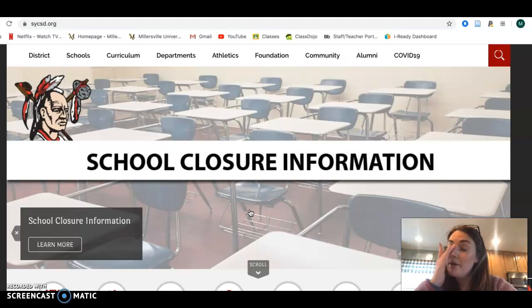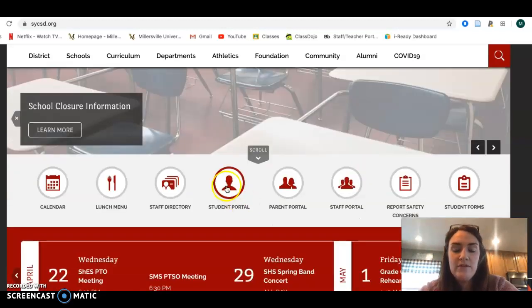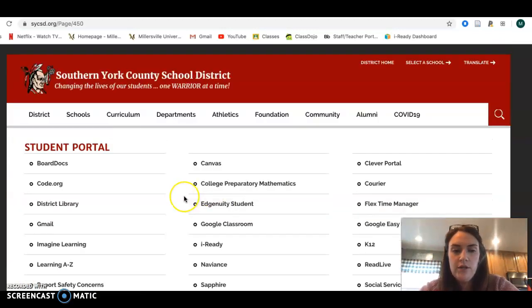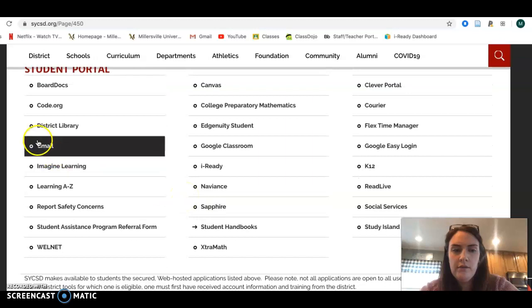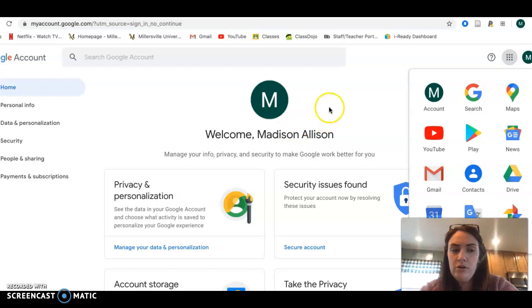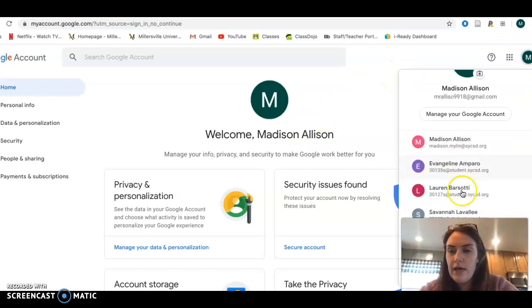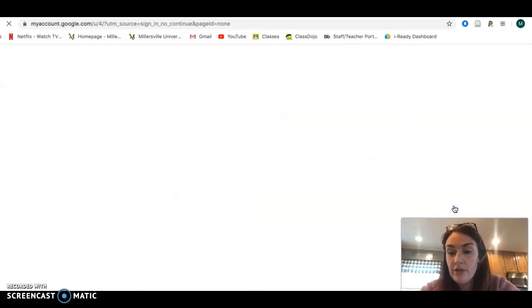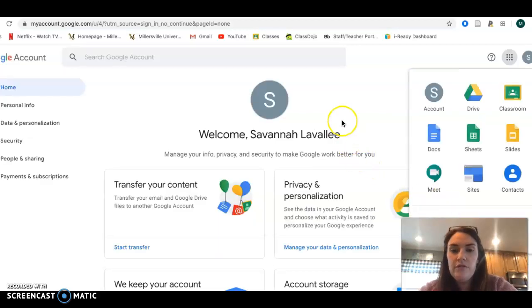I don't know why it's not working, but I'm thinking maybe if you go to Student Portal and you click on Gmail, and then it'll prompt you to log in. So you'll log in with her information. I tried to log in as herself just to see what would come up. And so if you log in to Gmail, she actually does not have access to email, but she has access